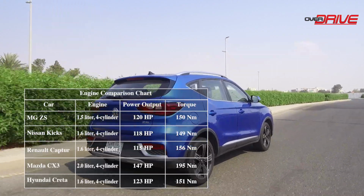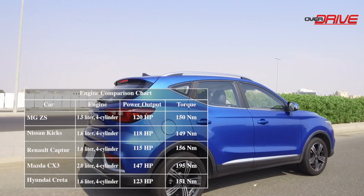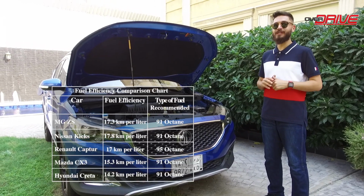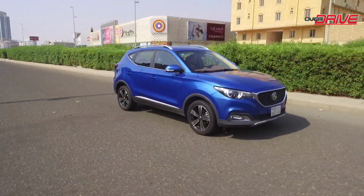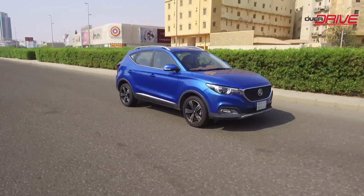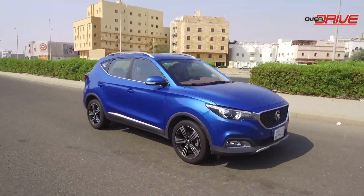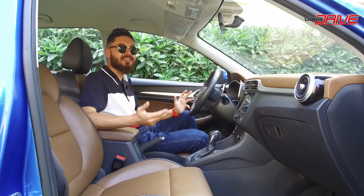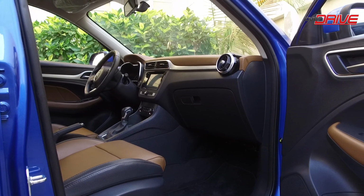We've made a quick comparison between the MG ZS and its competitors in terms of engine capacity, horsepower, torque, and fuel economy, which will now appear on the display in front of you. Note that the MG ZS is positioned third in terms of power, fourth in terms of torque, and second in terms of fuel consumption. Inside the MG ZS, this commitment to design excellence is continued with touches that nod to a dynamic and exclusive space for the driver,